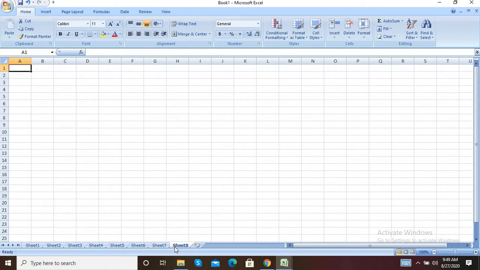Next thing, status bar, shows the current status of the cell and zoom option, etc. So this is called a status bar, and in this it shows the current status of the cell, means now the current status is sheet 8 we opened. If you want sheet 1, you can directly go to sheet 1 also. It will show like this.